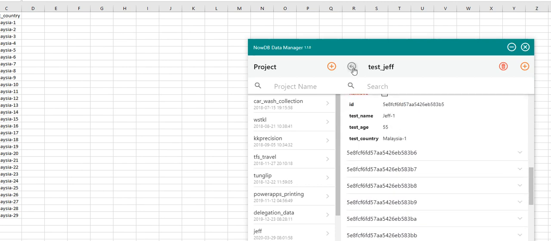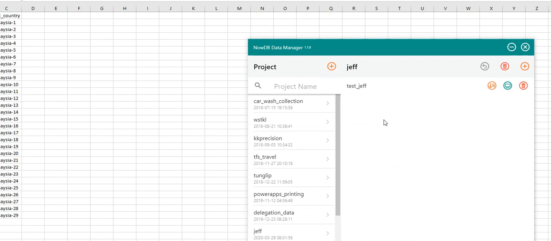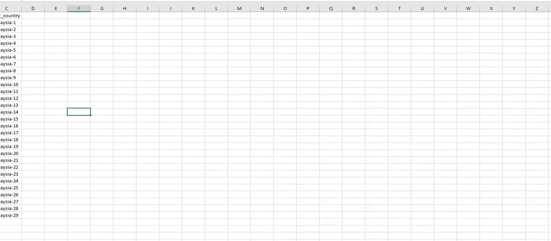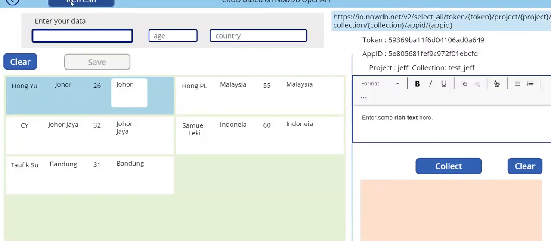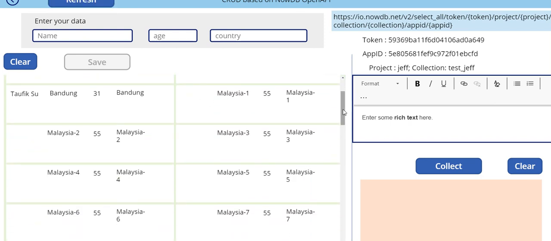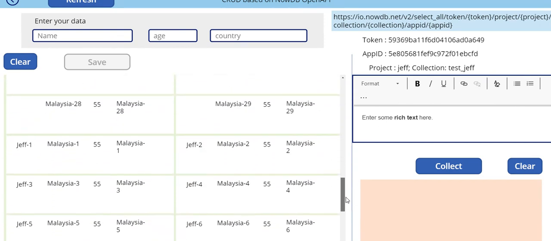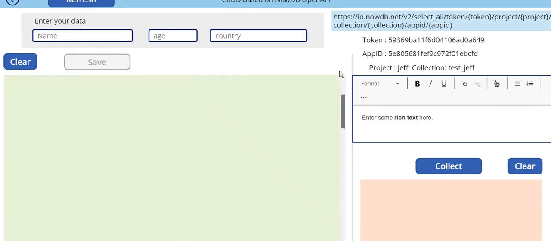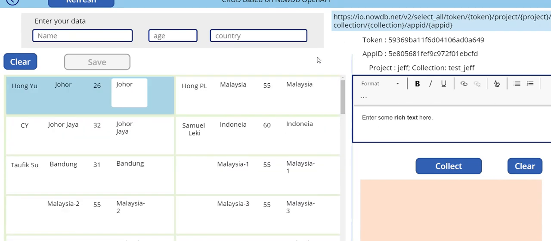Where is the data? Yes, it starts with this one. So that means the title field must be exactly the same. Let's again prove in this database that they have been uploaded here. I have refreshed, so you can see there's no name here, and until here, you have name. So the data are imported very fast and easily from Excel into NowDB, and now we can consume it.